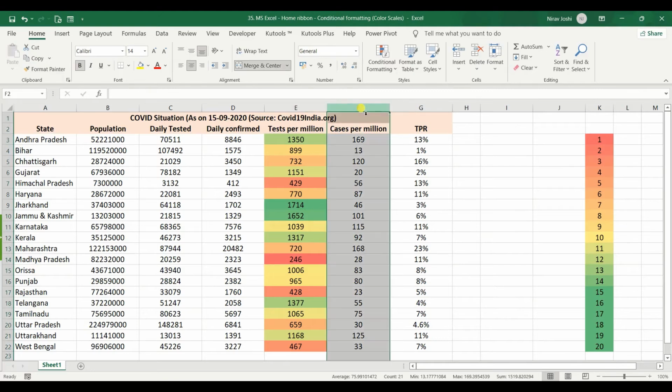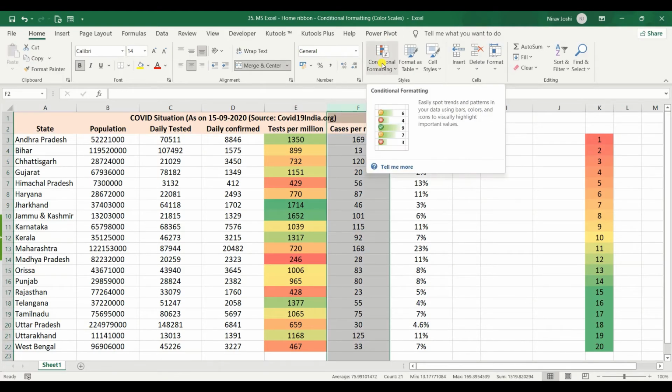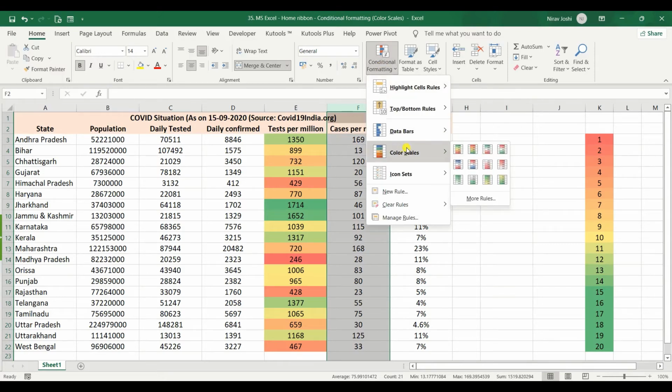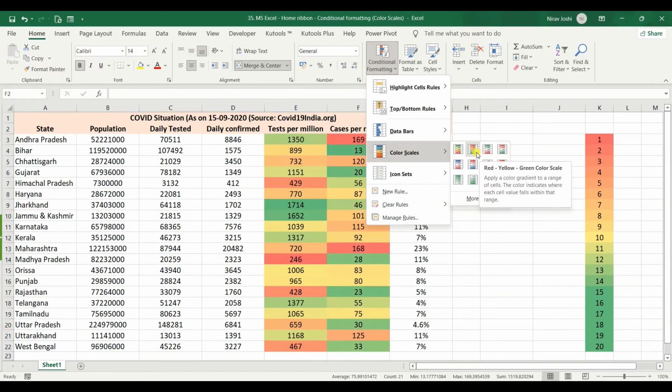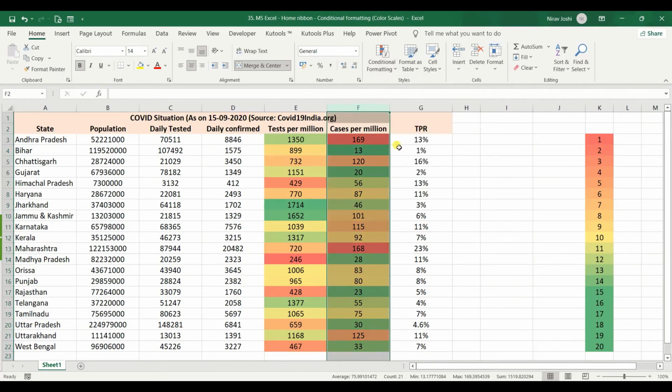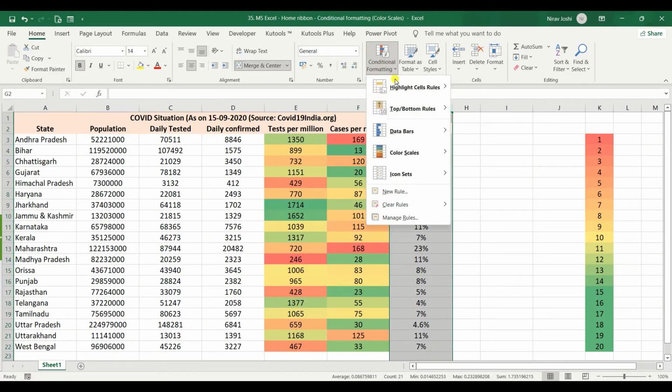Similarly, for the cases per million, as we know, more cases per million is an adverse thing, and that's why we will be giving the inverse kind of color coding. So where higher cases per million would be given a red code, and lower cases per million would be given a green code. And similar for the TPR as well.